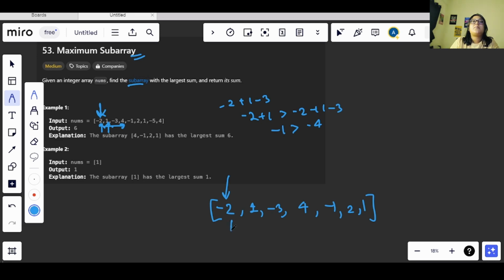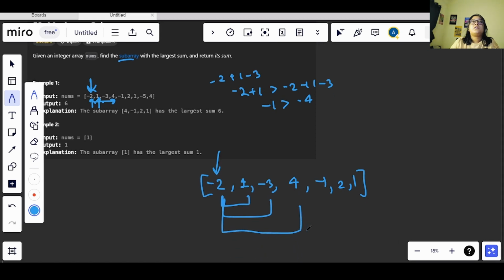First I will take -2 and 1, then -2, 1 and -3, then this subarray, then this subarray. In this way I will try to consider all the possibilities. Let's say I took -2, then I add this -2 and 1, and check which one is greater, and that we will store in our maximum value.